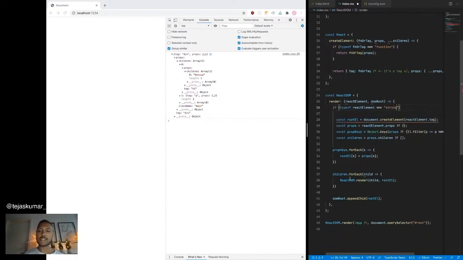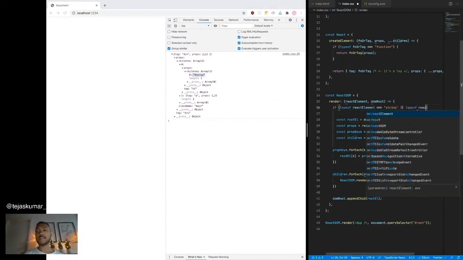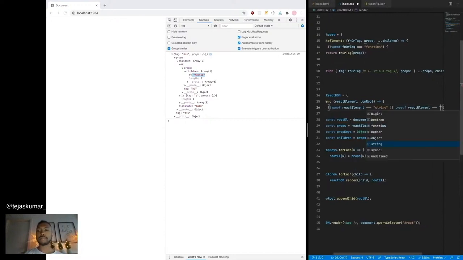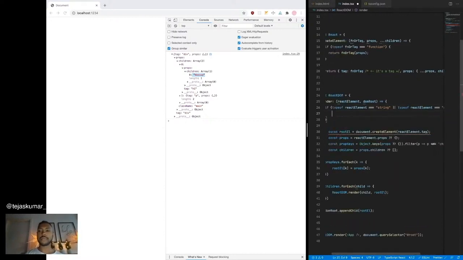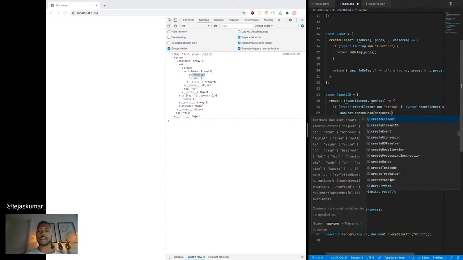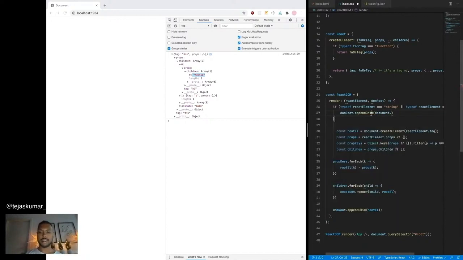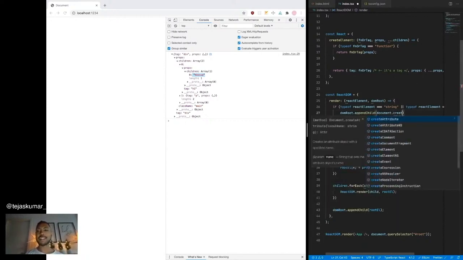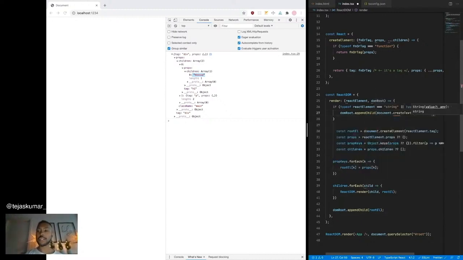It can be because we're rendering child, right? And child, as you can see here, is just a string. It's not a React element. Or it's a number. We can treat numbers as strings too because they're going on the DOM. What we want to do is we'll just append it straight away. Append child, document.appendChild, document.createTextNode. Coerce it to a string if it's a number.